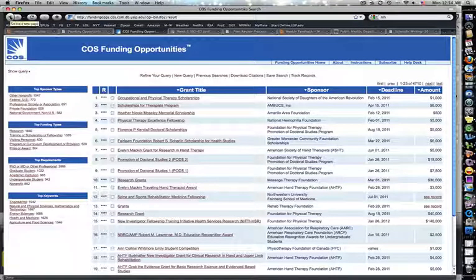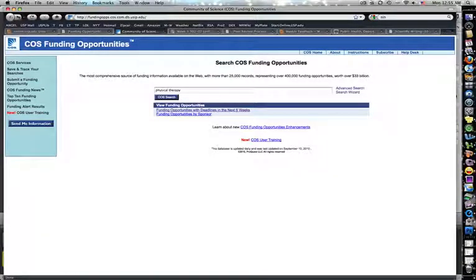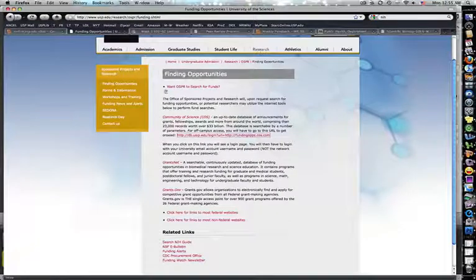You probably need to do some more searches, see what you can qualify for, or see what the requirements are. And again, the important thing is that you follow the instructions to the letter, because otherwise they won't even look at your grant. It's not like a professor accepting an assignment and deducting points from your grade because you missed something. They won't look at it if you missed something on the application. So you have to be very careful. But anyway, this is how you can search some of these opportunities, through research, sponsored projects and research, and finding opportunities.